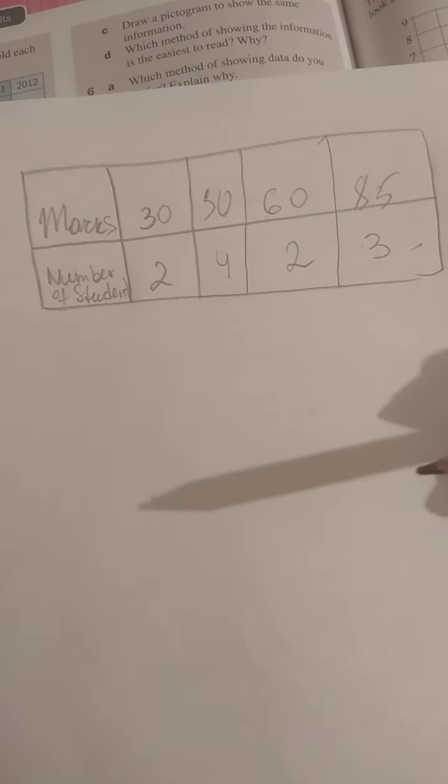So, guys, number of students show us the frequencies, because you know that frequency means how many times, for example, something happens. For example, here we have mark 30, so how many students got 30. So it is the same thing as frequency. Then for the diagram,